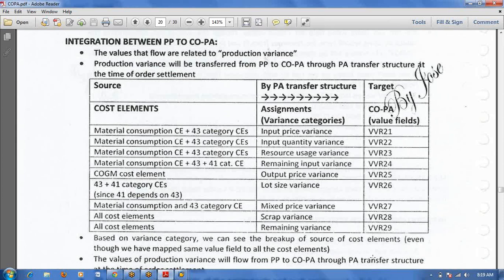When we will use account based COPA, if you follow account based COPA, always the FI values and COPA values will match. Mainly for reconciliation purpose only we will use account based COPA. Reconciliation means that matching only FI and COPA. If you want to match the FI values with COPA values, that is reconciliation.